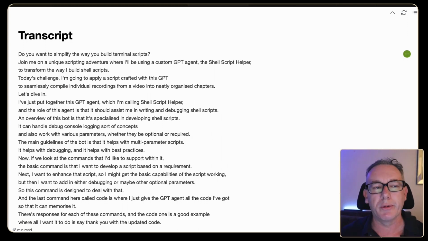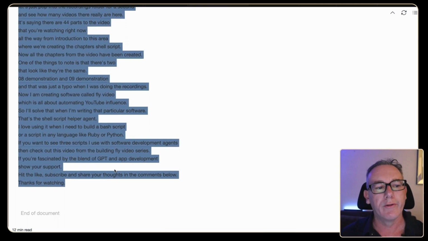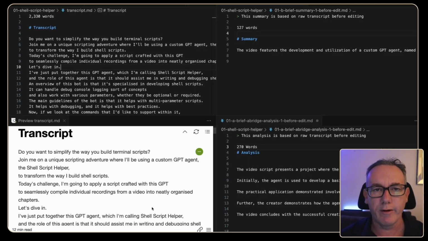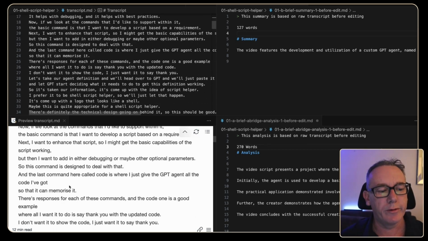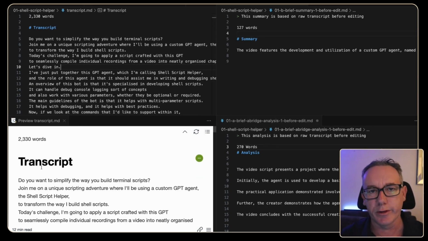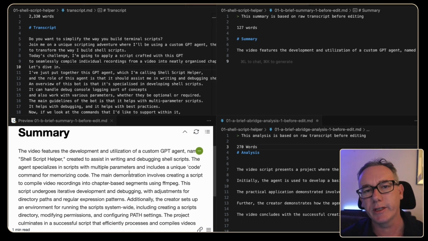To see an example, let's take this 200 lines of transcript from a 30-minute video that I did earlier in the week. If we compare everything side by side, you can see the full transcript over here on the left is 2,330 words. Now, if we go over to the summary, it basically says close to the same thing, and it does it in 127 words.